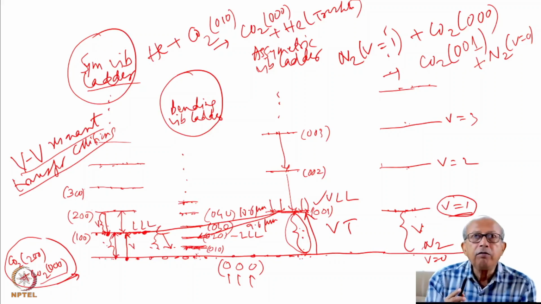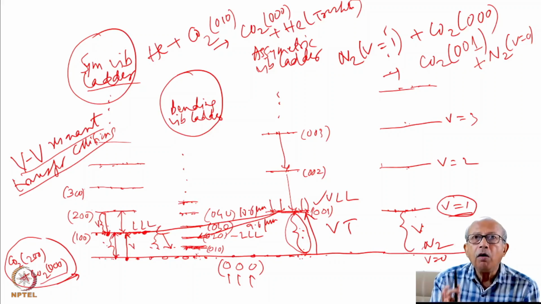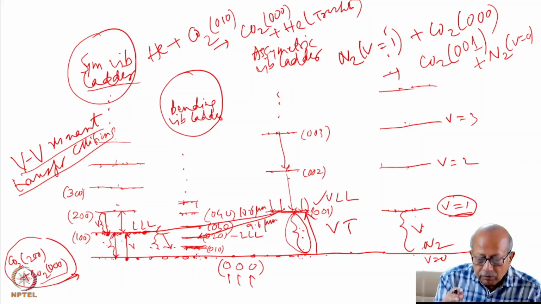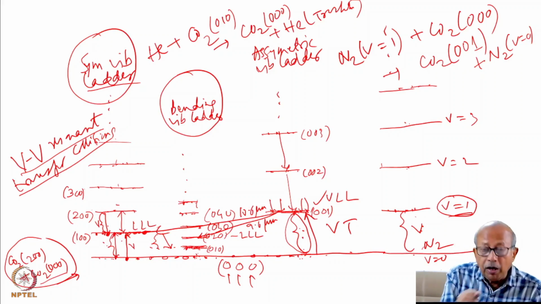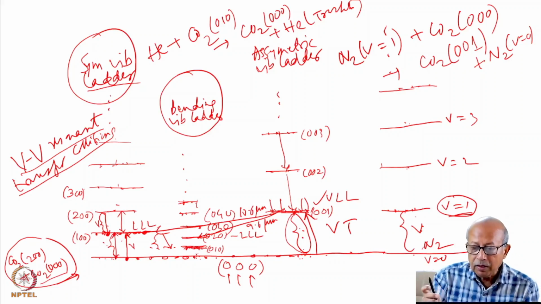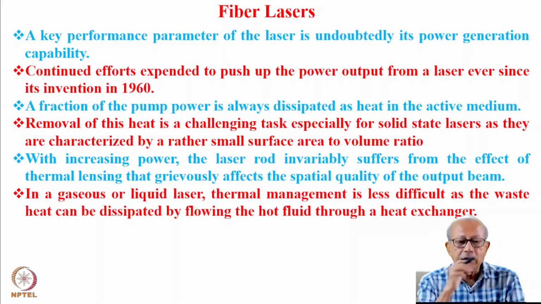So I hope you have understood the underlying physics of the operation of a gas dynamic CO2 laser. Basically, how the thermal energy that can be stored among the various vibrational levels by elevating the temperature of the gaseous mixture can be maneuvered to establish population inversion between the two energy levels and in turn achieve lasing. All right, with this, let us turn our attention to the working of the fiber laser.